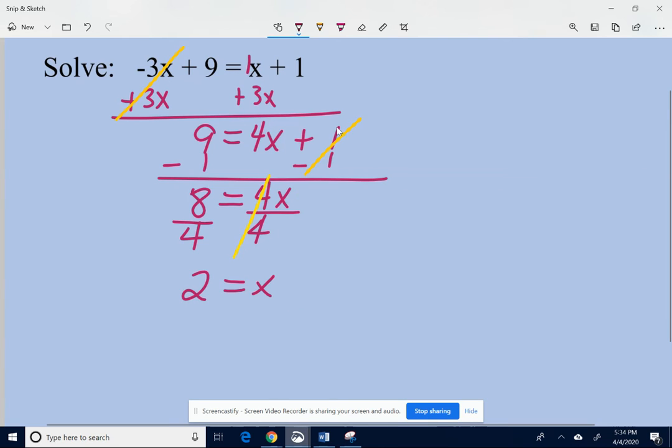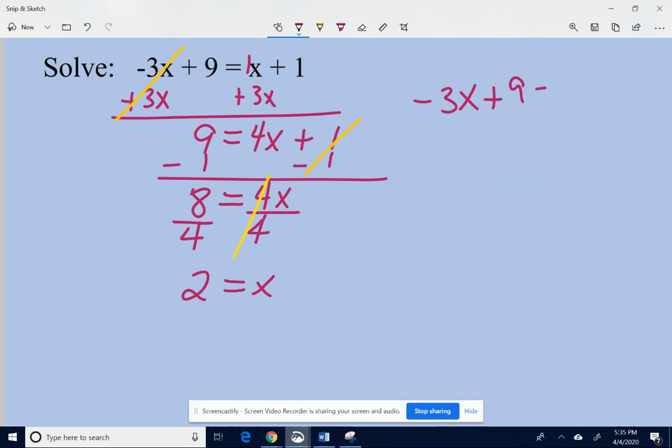I also want to point out I could have gotten rid of x instead of negative 3x. I got rid of negative 3x because I knew I would end up with a positive x term in my second step, and I assumed that most of you would prefer to have a positive x term. Okay, briefly,